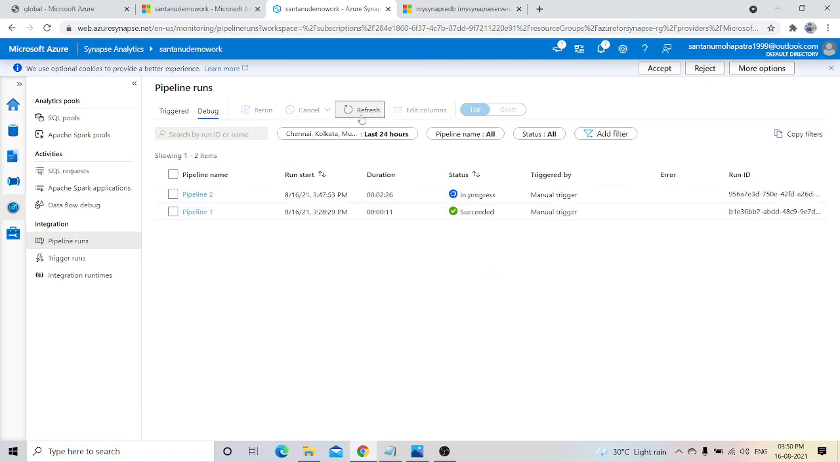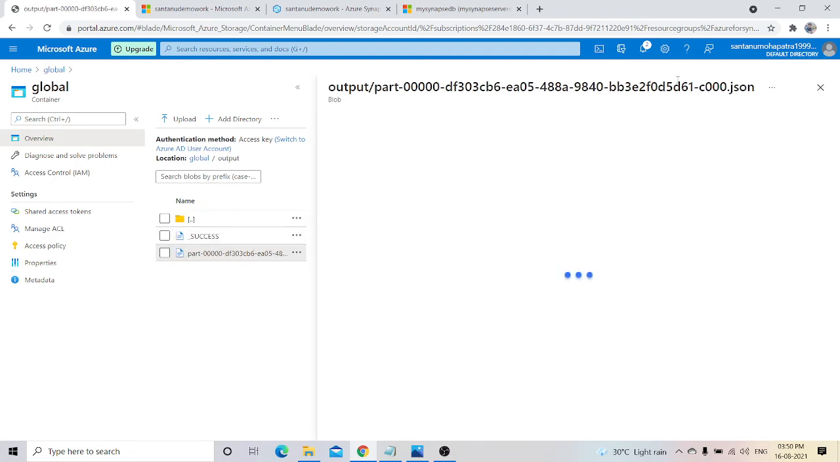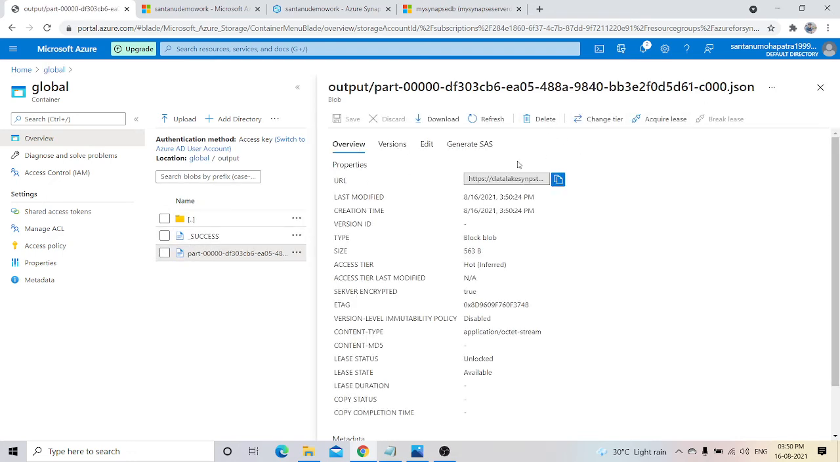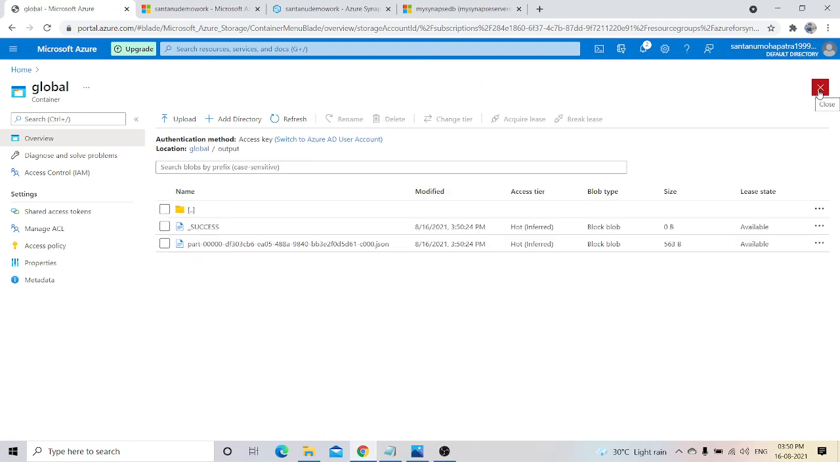Okay, so it is again taking some time. So we'll want to wait for a couple of minutes. So you can see that it has been succeeded. So we'll again go to global. We'll refresh this page. You can see here the output part. So here the JSON format has been generated. So we'll go to edit page to check the JSON format, and after completing it